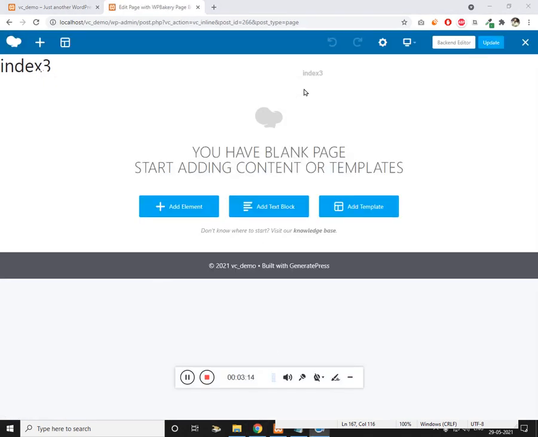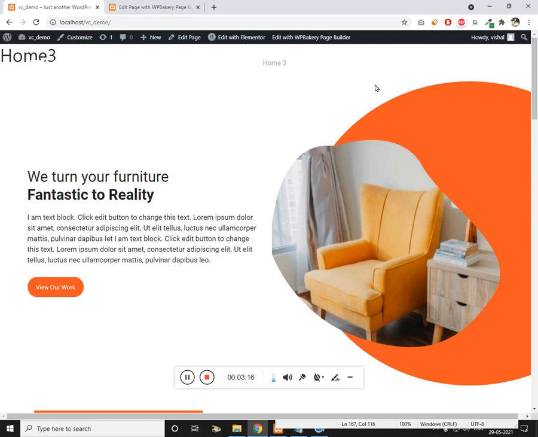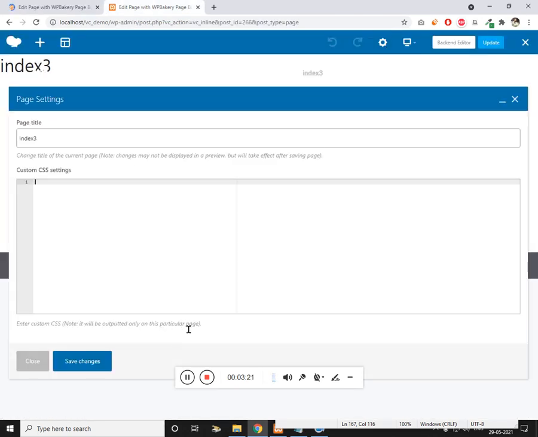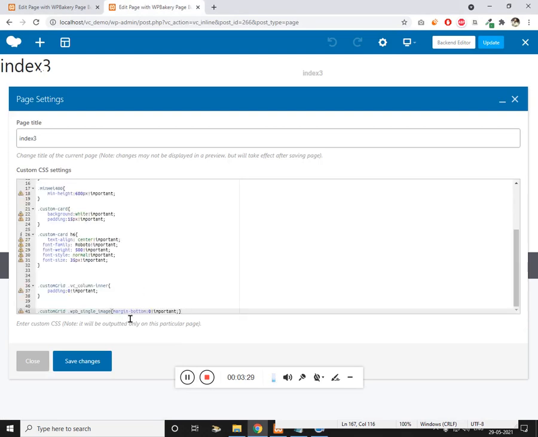The very first thing, I'm going to place all the CSS over here. Again, I'll leave the link to the CSS file in the description. So I'm placing all the required CSS. Click on save.